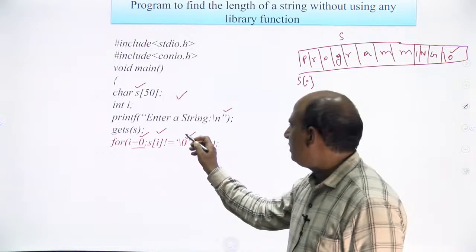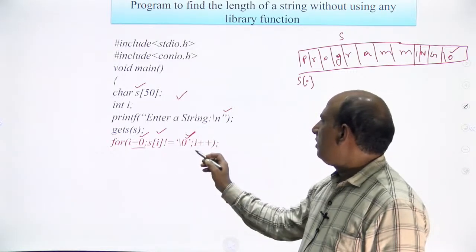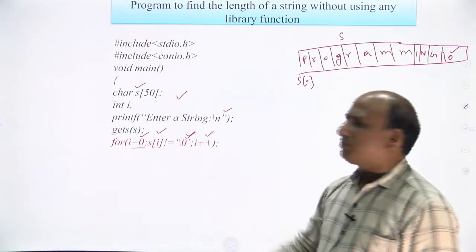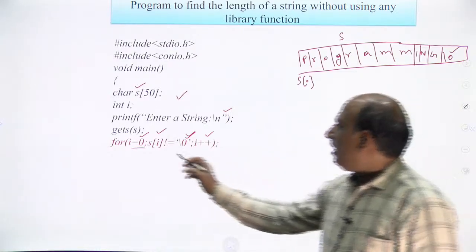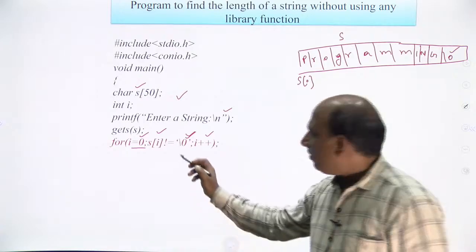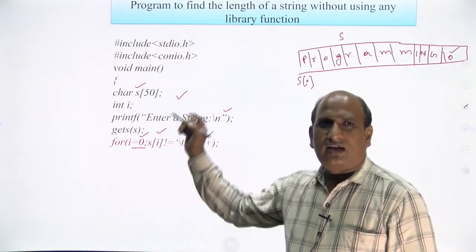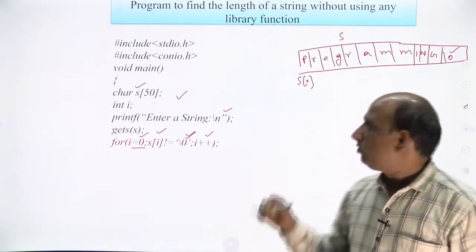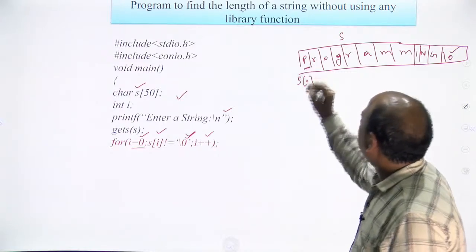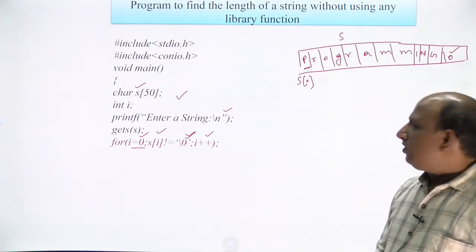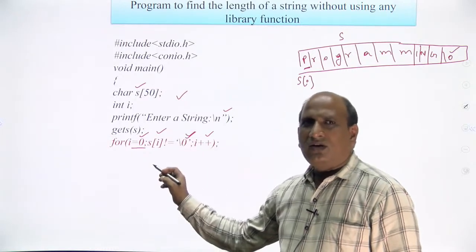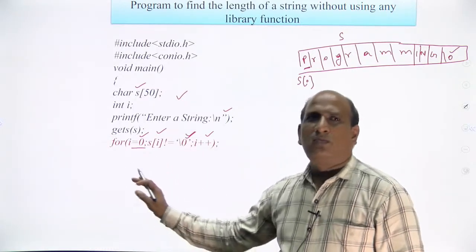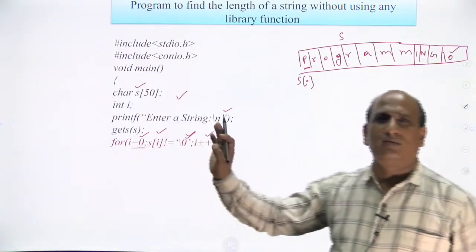Whenever this condition is true, the control will just go to the i++. The i++ means i is 0, s[i] means s[0] is not '\0' because s[0] has a value, it is not '\0'. So this condition is true. If this condition is true, control will move to this loop, but this loop does not have any body, so